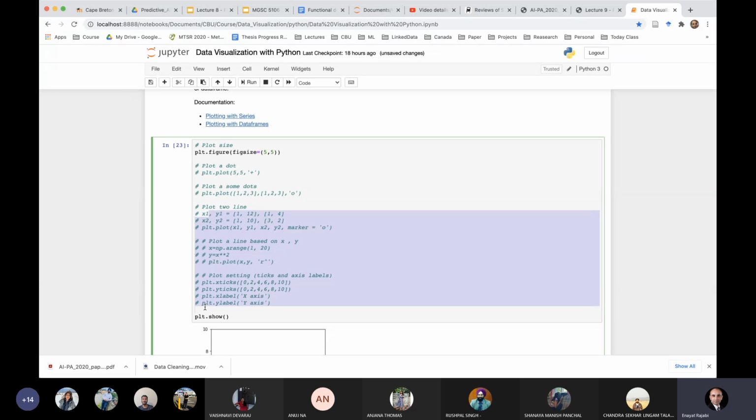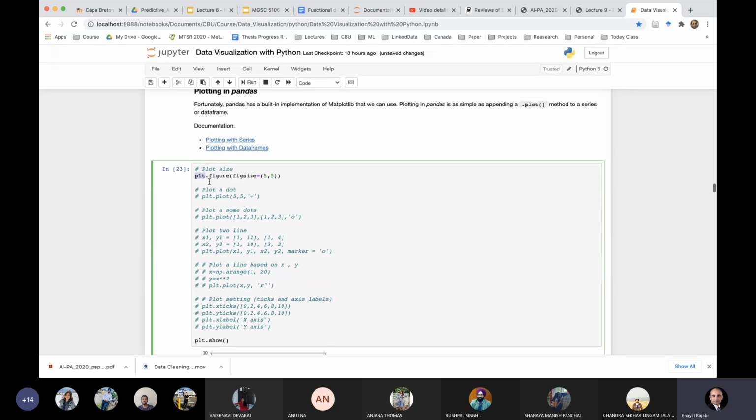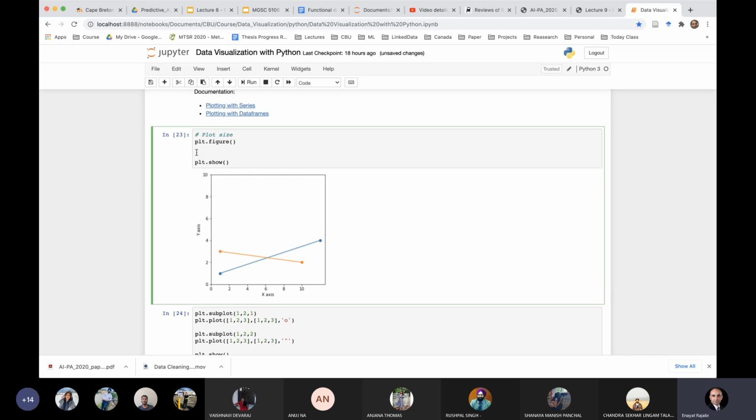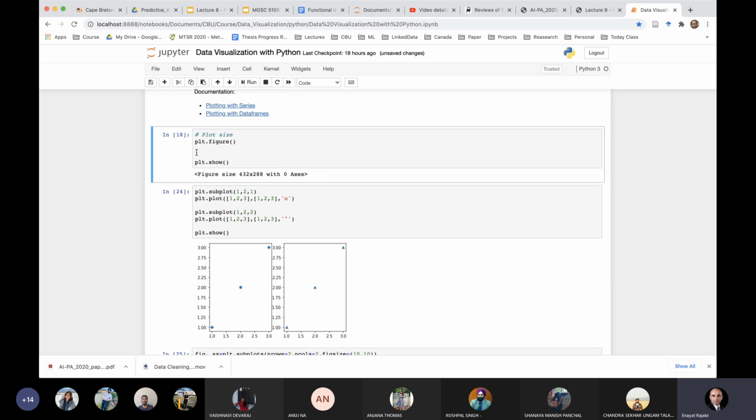First of all, I want to draw a figure. plt is the library, right? Dot figure, and I want to provide a size, right? Even if I remove that and I use plt.show, it just shows these two comments. These are not the comments, right? These are commented by me, so I can remove that even here. And when I run it, it just creates a simple figure, but the figure doesn't have anything